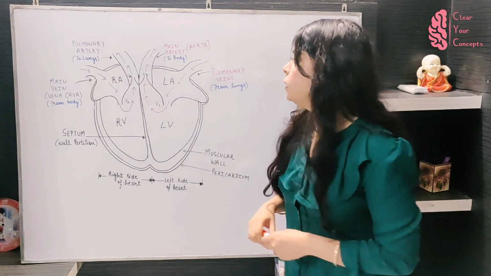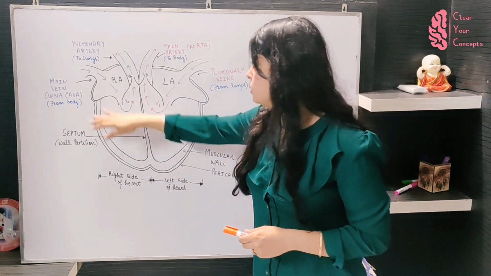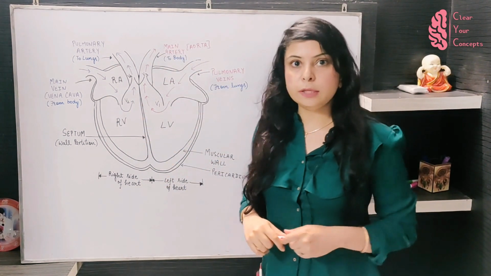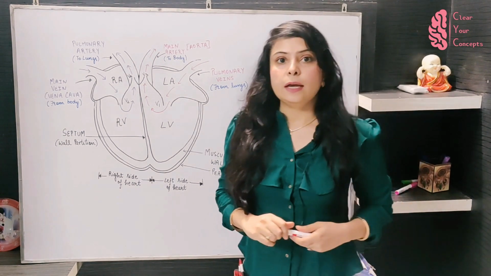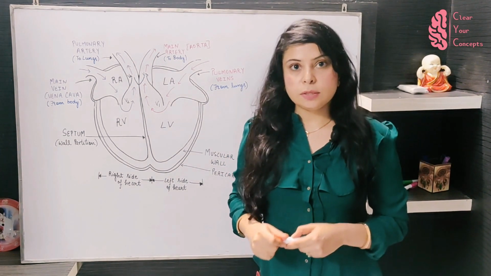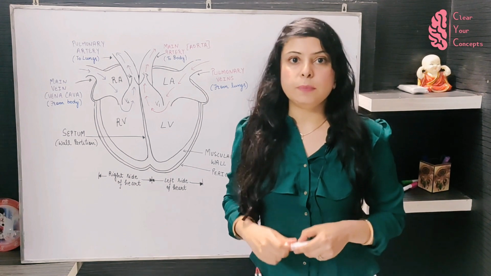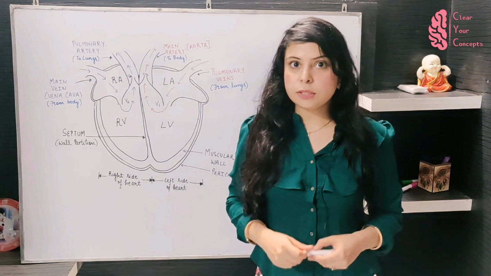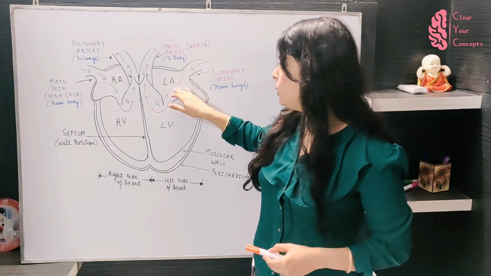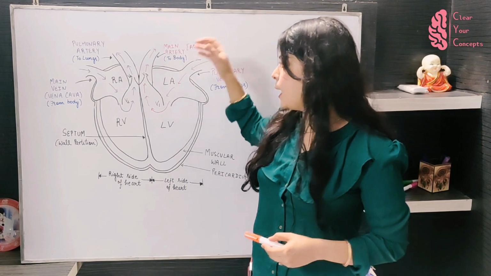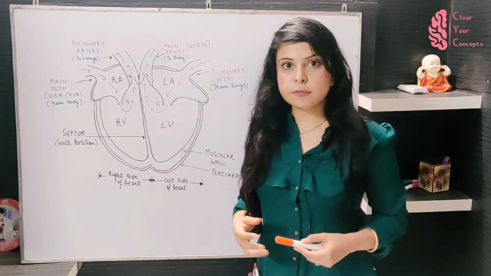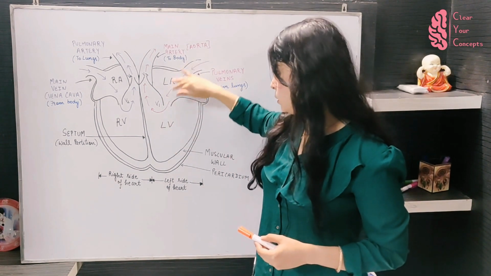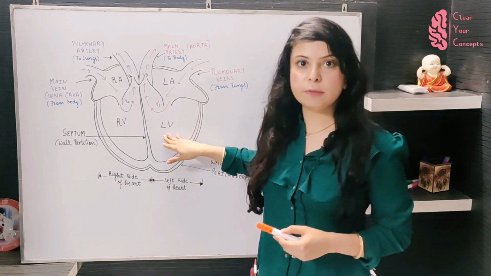Now, to understand more about the vessels and the valves, let us first understand the pathway of the blood in our heart. As we inhale, the oxygen gets attached to the RBC of our blood and hence the blood is oxygenated. Now that oxygenated blood flows from the lungs to the left auricle, and as I told you, the auricle just receives the blood, and now further via the bicuspid valve, the blood flows from the auricle to the ventricle.